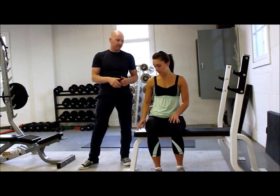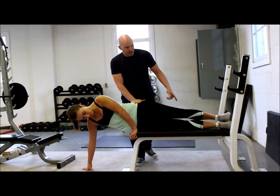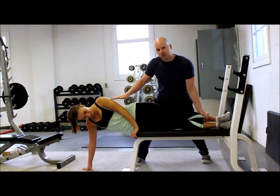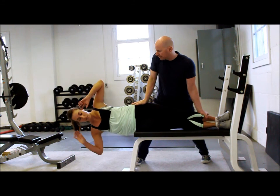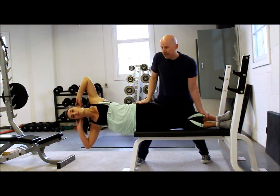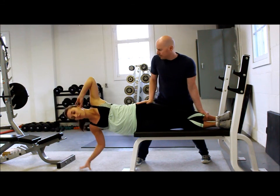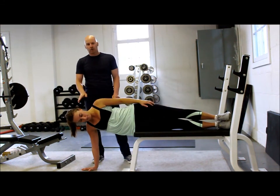So Amanda, go ahead. She's just going to lie on the bench. I'm going to hold her hips down and her ankles down, and then she's going to hold a straight, sort of like a plank, but on her side without using her arms. So hands at temples, and lift up higher. And she's holding like that. That's good. So if Amanda stays right there and rests just for a sec, no longer holding, it's a challenging exercise,